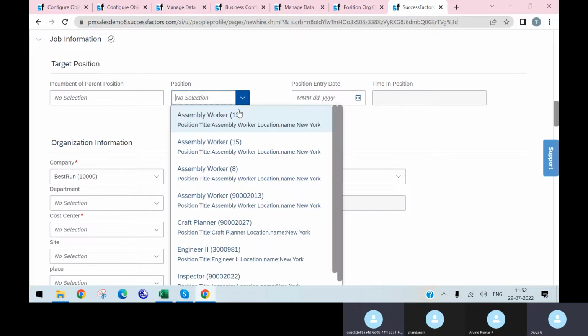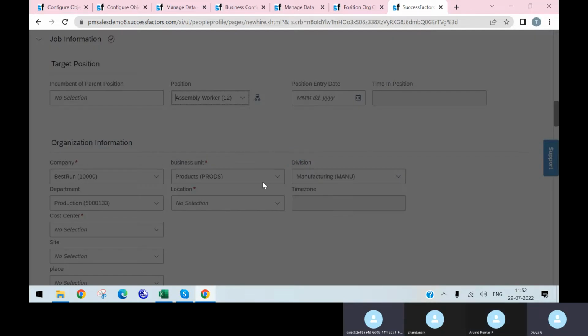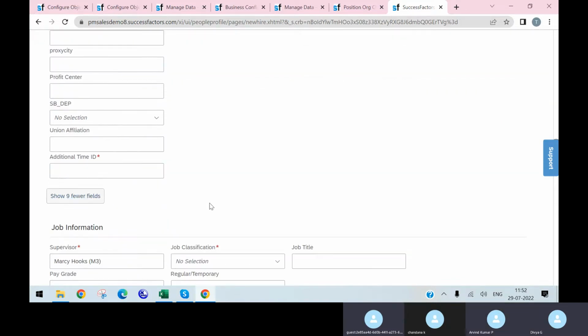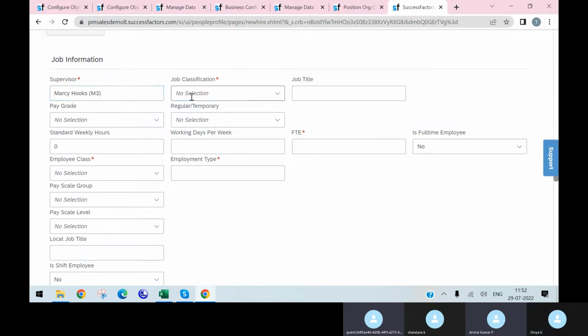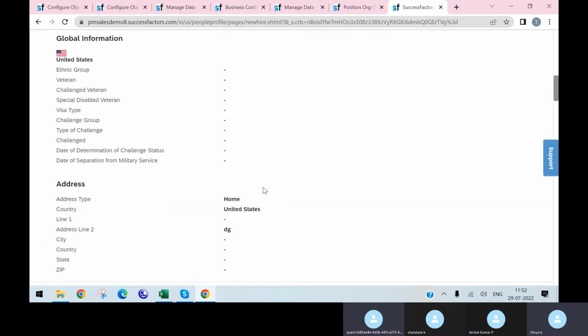So here we have positions, right? If I select this position, it should automatically give me the company, business unit, division, department, and job title also. Job classification also it should give directly. Okay. For that, if I want to write a rule,